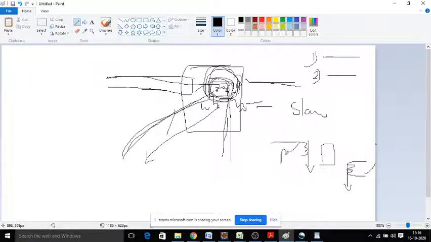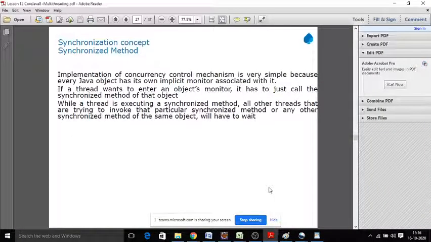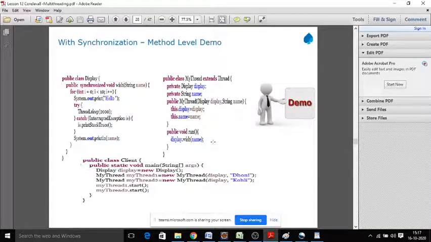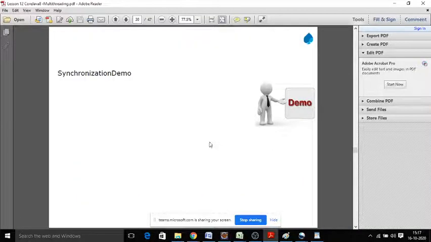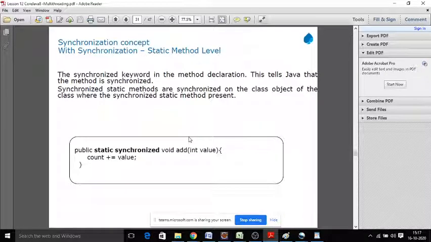Or else the producer consumer problem. Producer is producing some object, consumer is going to consume it. Either it has to finish the task, and then only it can access, right? Before it finishes the task, if it tries to access, you are not going to get the expected results. That is the reason the synchronization concept is very important, so go through this concept. You can expect some MCQ questions on this. And synchronization is possible only with method level and block level.